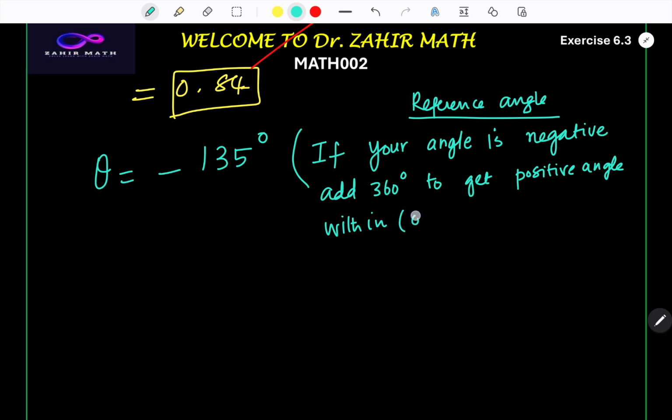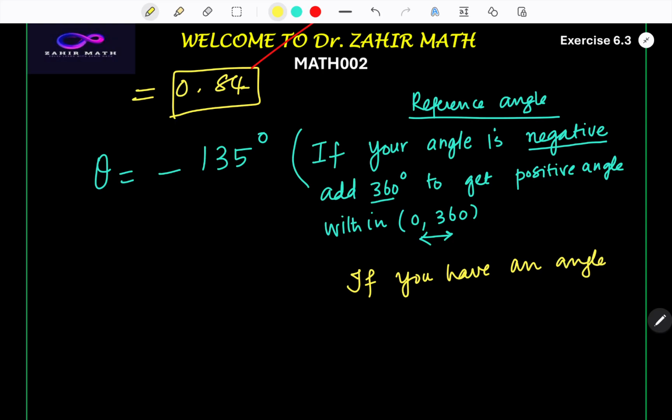What do you mean by range? Within 0 to 360. Within the standard range. So this is the first point: if your angle is negative, add 360 degrees. This is one rule. The next rule is, if you have an angle which is greater than 360, which means more than 360 degrees,